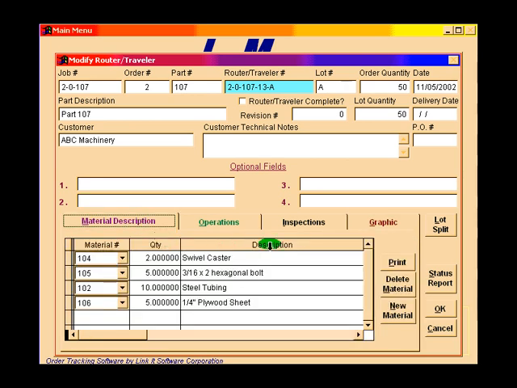You can see there are buttons over to the right-hand side of the Shop Traveler setup screen called Lot Split and Status Report. These are both very important and useful features of JobMaster. First, we'll take a look at Lot Split. Lot Split is designed to quickly, easily, and effectively allow an operator to split up a Shop Traveler into multiple